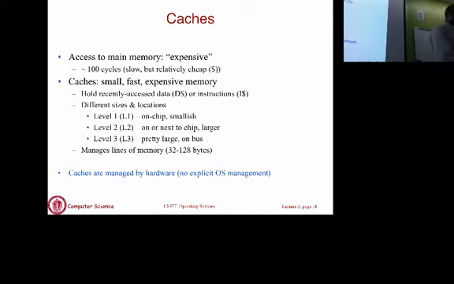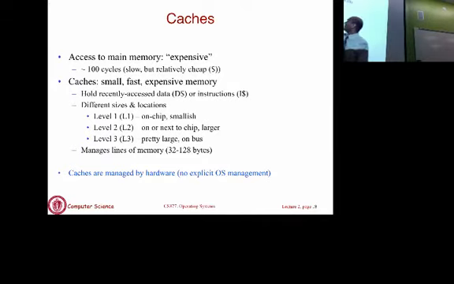Okay, so the other thing to keep in mind is that registers and memory are explicitly managed by the operating system and the process. The OS can decide what goes in what region of memory. The application, the process when it runs, decides what gets stored in the registers and so on. Caches are typically not managed by the OS. They are managed by the hardware for you. They are transparent to both the OS as well as the application. Okay, caches are always managed by hardware.